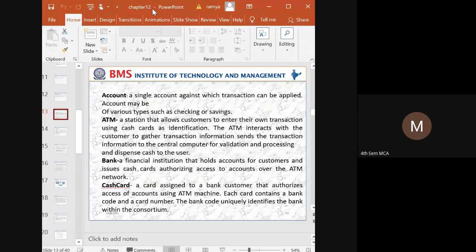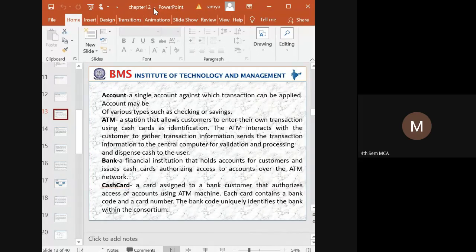Okay. Next is an ATM. If you take ATM as a modeling element, what is the major work, or what is the participation of an ATM station with respect to an application? It is a station where a customer can perform his own transaction. To perform his own transaction, what does the customer have to do? He needs to have a card. Through the identification or validation of the card, the customer can make a processing of a system.